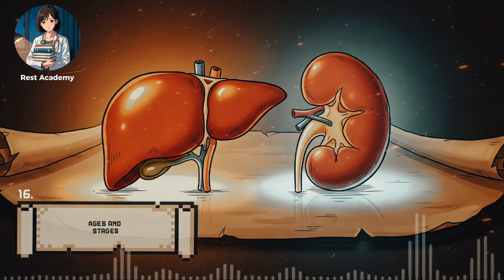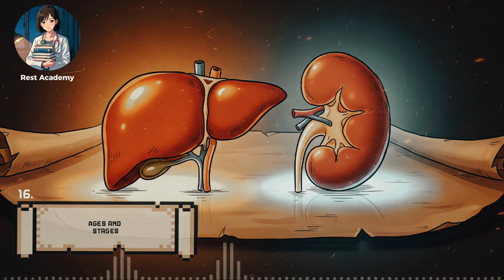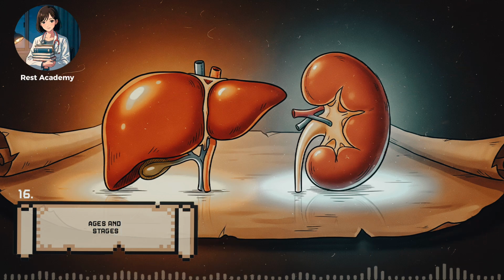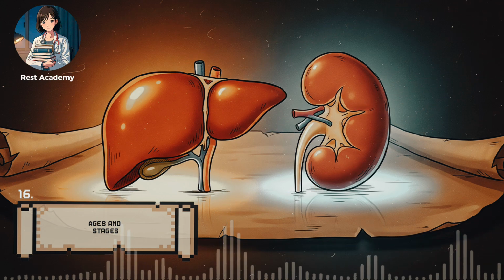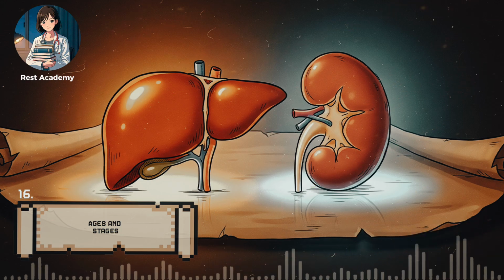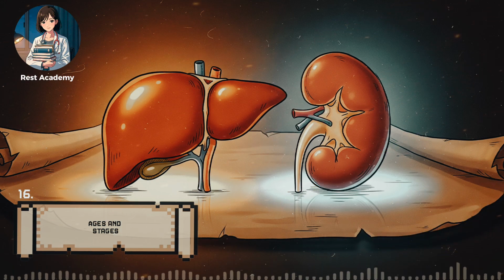Absorption begins at the site of administration. For oral drugs, the digestive tract is the gate. The drug must dissolve, cross membranes of the intestine, and enter blood vessels that lead first to the liver. Factors like solubility, stomach acidity, and the presence of food alter this passage. Lipophilic molecules cross membranes more easily than hydrophilic ones, but hydrophilic molecules may use transporters.